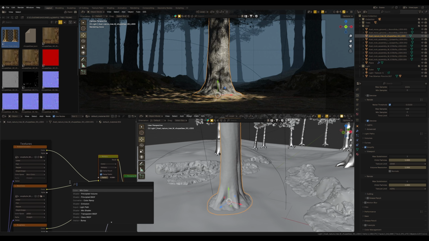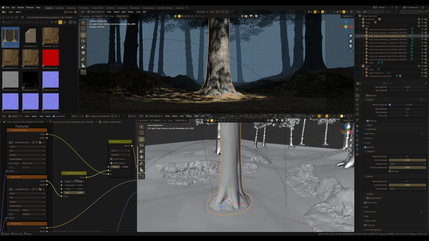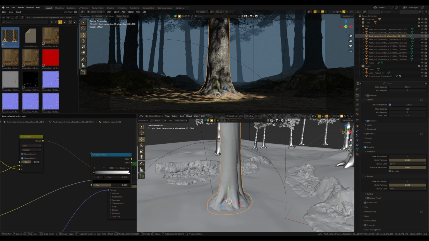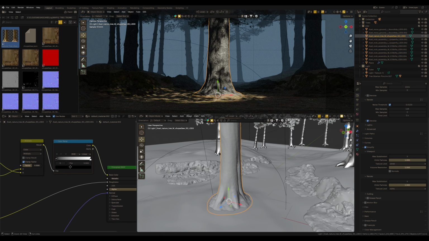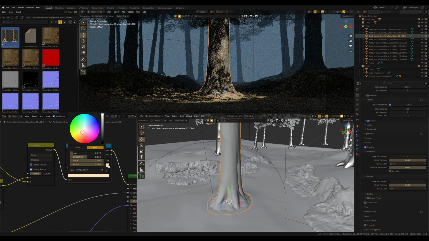And that's good. Next, I add a hue saturation node between the base texture and this mix color node to lower the value, making this base texture darker. Finally, I add a color ramp after this mix color node to tweak the color slightly, matching the bark to my scene.